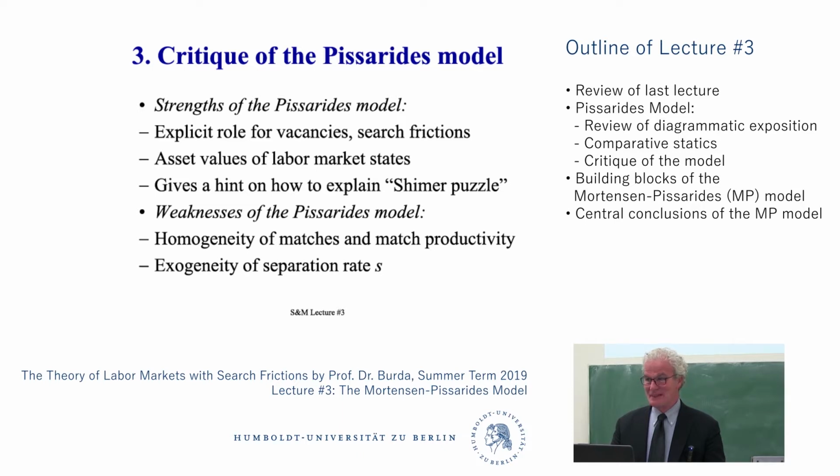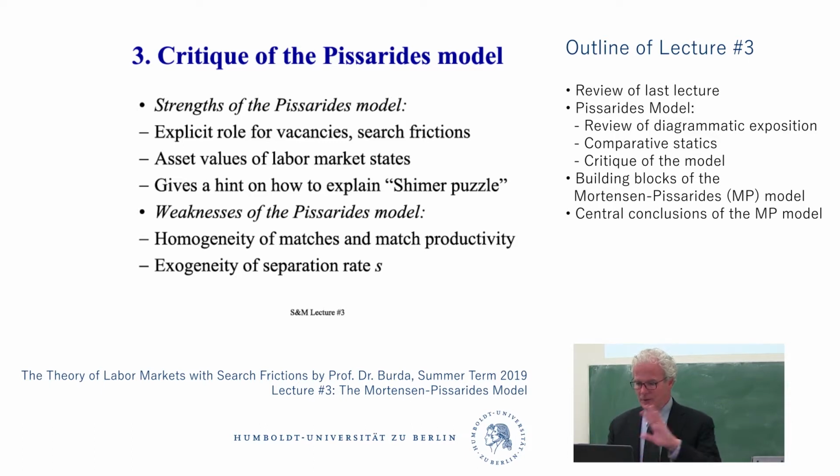Maybe some couples are more likely to be separated. Very good. Okay, so we've assumed S is constant, and that is very convenient, but it's a modeling trick. In fact, we want to allow for heterogeneity in the conditions that lead matches to separate. We're going to take a very small step in that direction. We're just going to assume that the separation rate is no longer exogenous. We're going to make it endogenous in a special way.